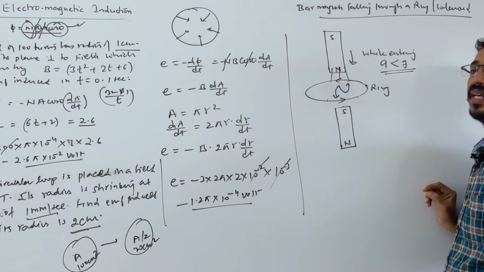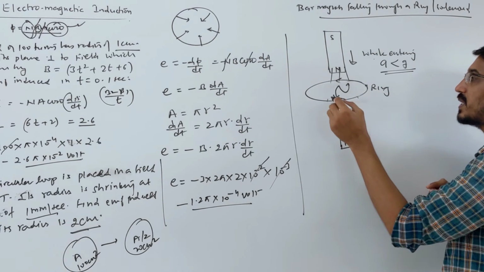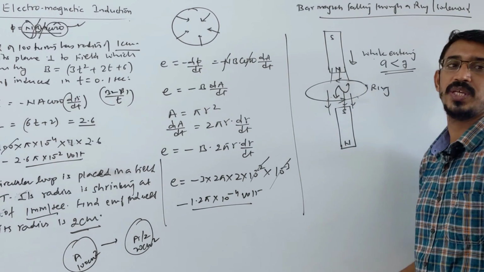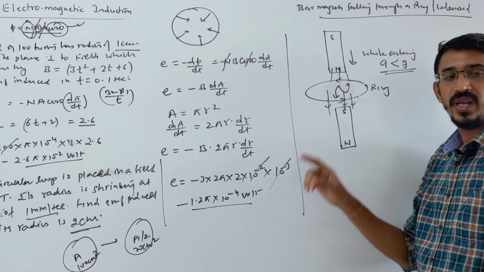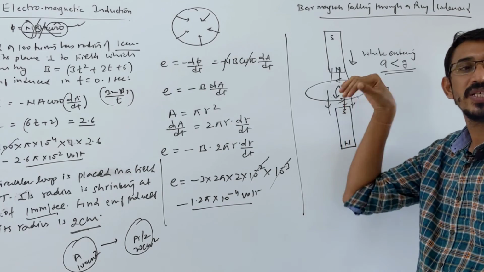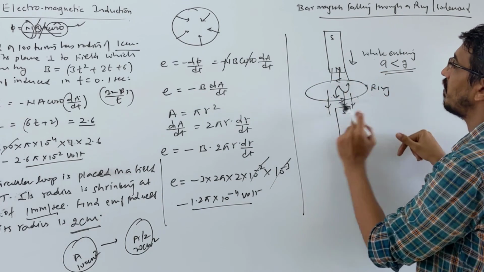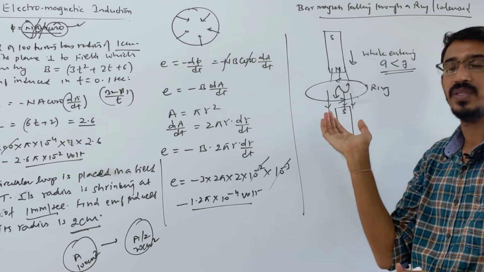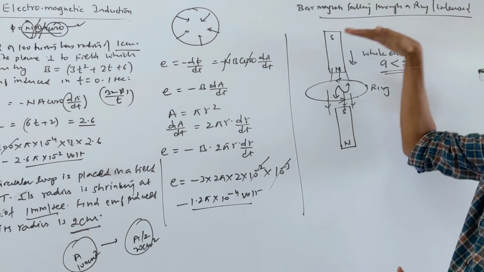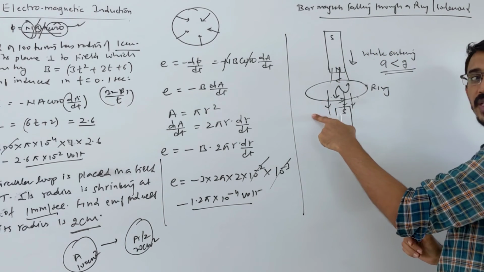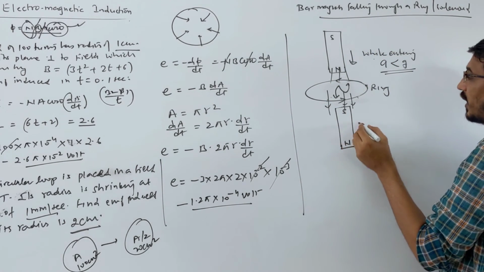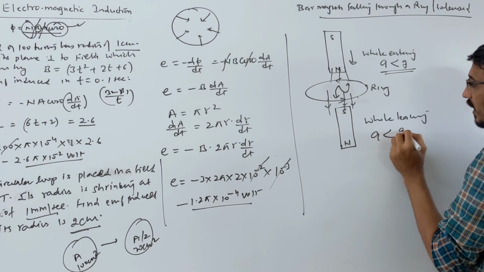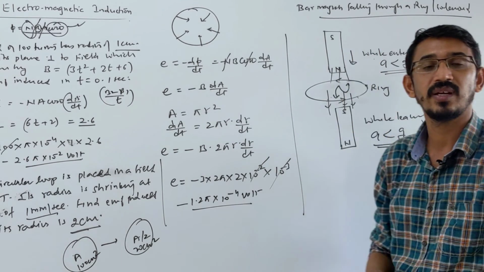But now when it's leaving, what happens? The magnetic field is going away now. The magnetic field inside this loop is reducing because your magnet is going away. The field is reducing, so the induced field will be in the same direction, downward. Now the direction of current becomes opposite. So a north pole is developed on the bottom surface now. Initially while entering, the north pole developed on the top surface. Now the north pole will develop on the bottom surface, so north and south will attract each other. So again while leaving, acceleration will be less than g only. In both cases acceleration is less than g.